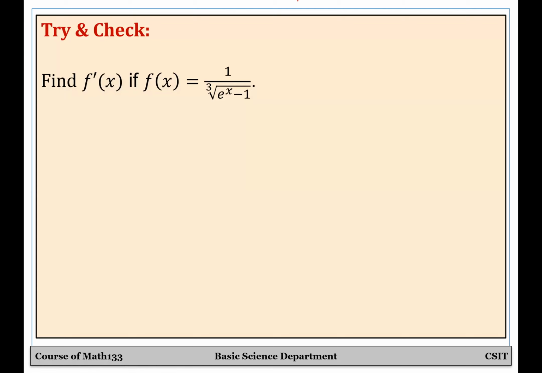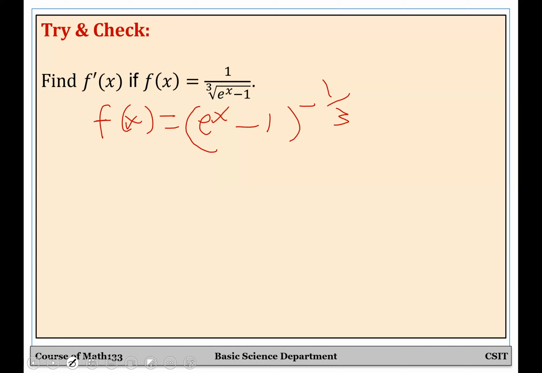So I will directly change the function and then apply the power rule in the chain rule. So f of x is equal to e^x minus 1 powered by minus 1 over 3, because cube root is 1 over 3,